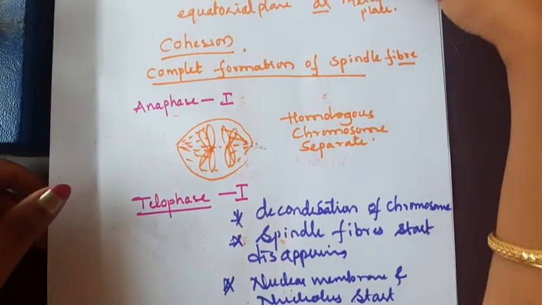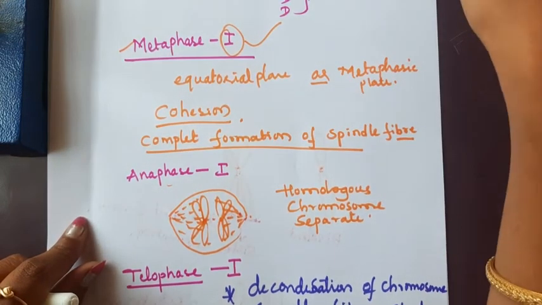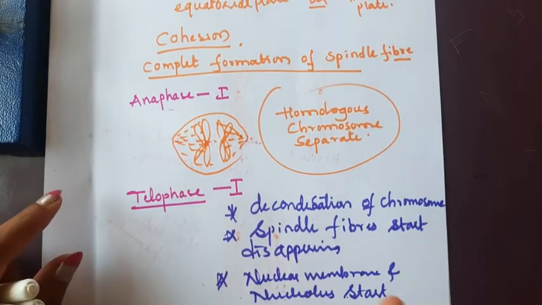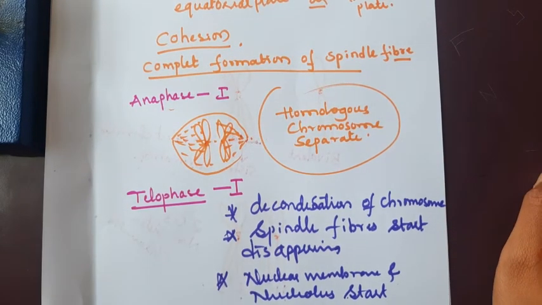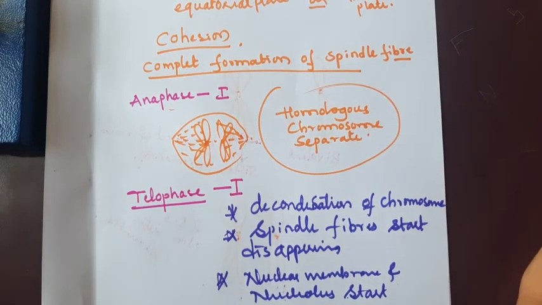Okay. By this, we understand that in the metaphase 1 stage of meiosis 1, there is only the separation of homologous chromosomes. There is no separation of sister chromatids, meaning the tetravalent chromosomes get separated by meiosis 1. There is no separation of sister chromatids, there is a separation of non-sister chromatids. Each chromosome has 4 chromatids. Okay. Those chromatids get separated by meiosis 1.